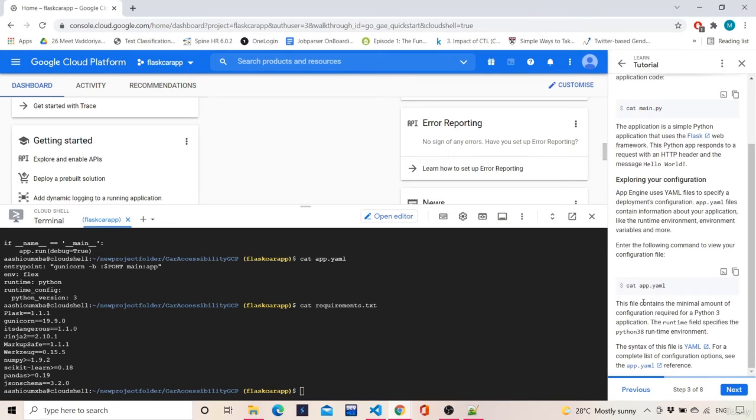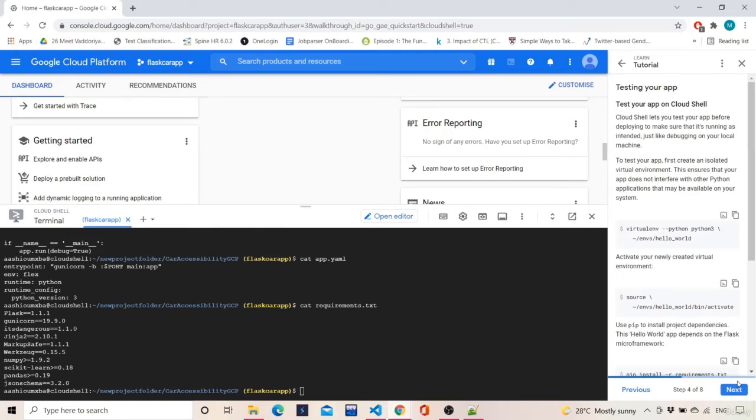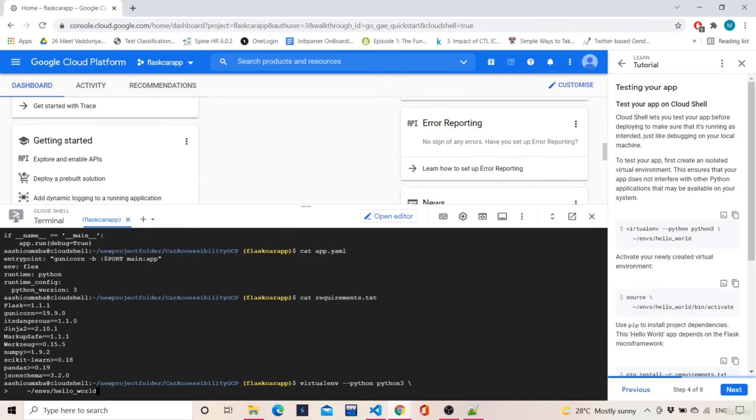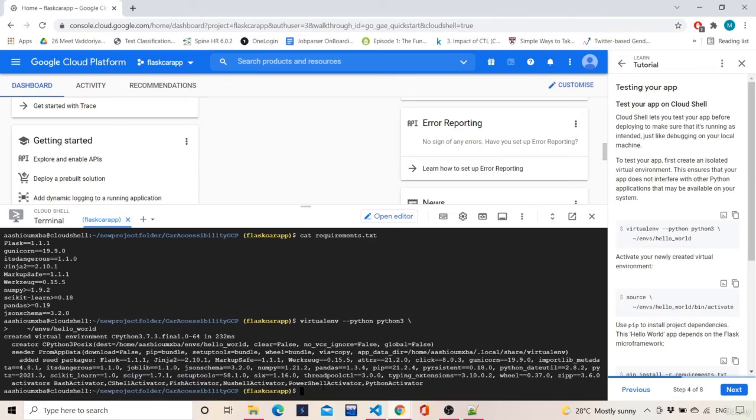So once you're satisfied with all your files, what you need to do is just click on this next, and now you need to create a virtual environment here. So just copy this command from here and then just paste it, and then just simply press enter. Don't try to change any name or anything. It will be a little complicated if you do it. Just go with the flow of what they are saying.